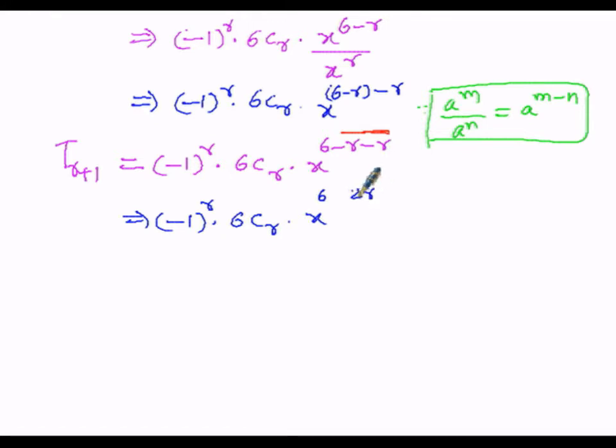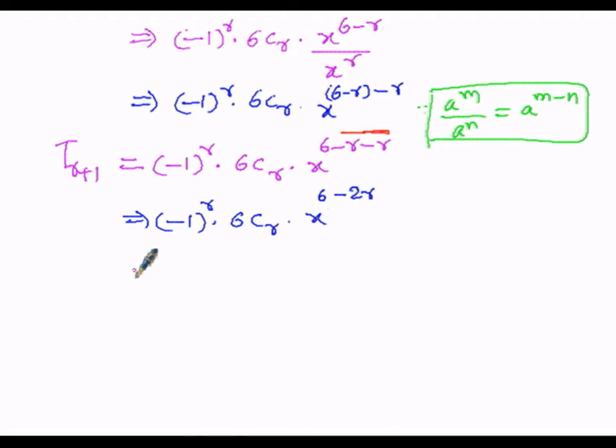Now you have to assess the sign here, both are the like terms with the same coefficients, so the same sign will be assessed here. Since we have to find the term which is free from x, this x must be diminished, because here minus 1 is a constant and 6Cr is also constant. So x is a variable. So here we have to find a constant term which is free from x.